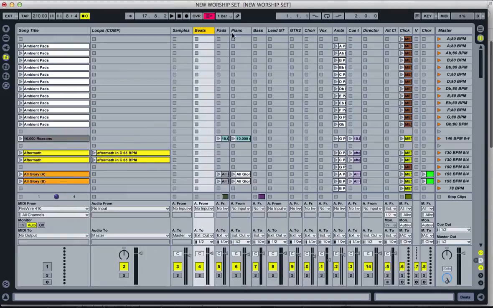Then these are the new ones, from beats through to vocals. So we've got beats, pads, piano, bass, lead guitar, guitar 2, quiet and vocal. What I wanted to do was have the flexibility to route those different instruments to different channels on the sound desk so we could mix them live, but also have the facility to turn them off and set my arrangement